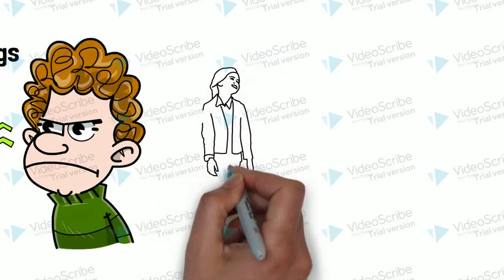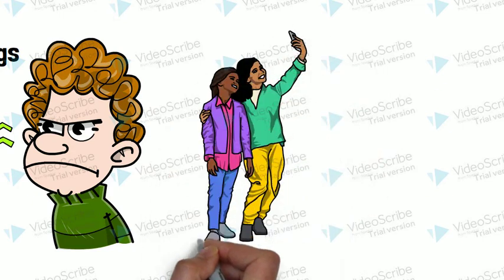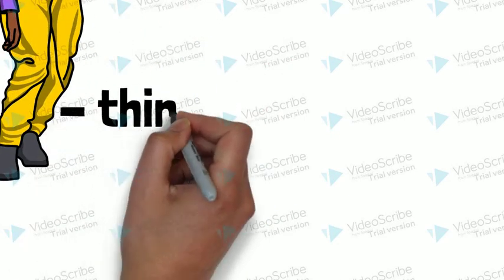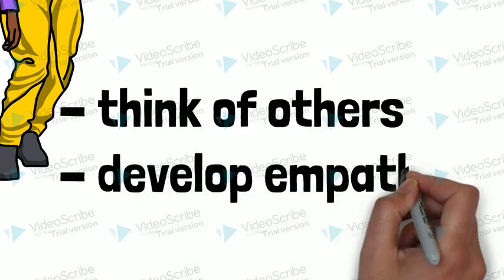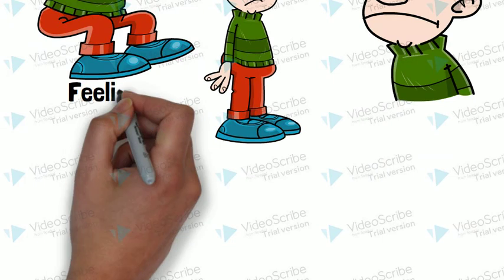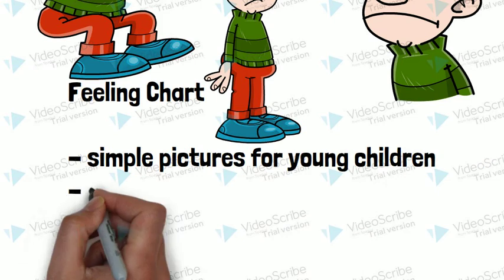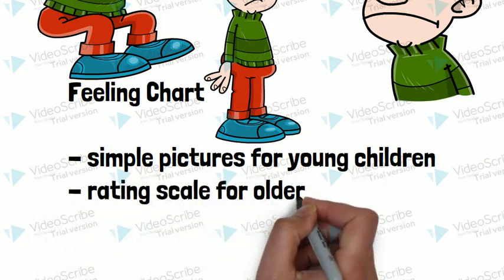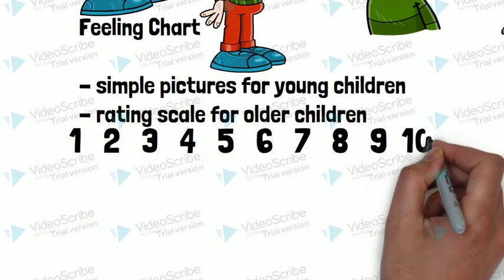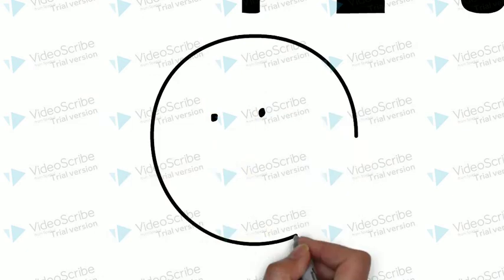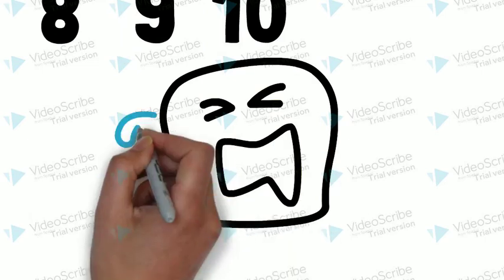If the upset child cannot name their feelings, ask other children what the child is feeling, as this helps children to think of others and to develop empathy. If they are all stuck, then help by labeling the feelings for the child. Using a feelings chart with pictures of faces that are happy, sad, or angry can help. As children advance, they can identify degrees of emotion on the chart, such as a little sad or a lot sad. The first step is to identify what the child is feeling so that they know what to do when they feel this way.